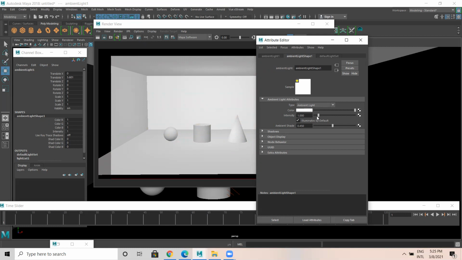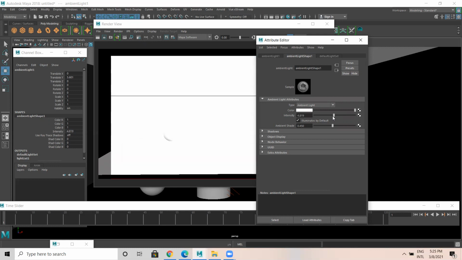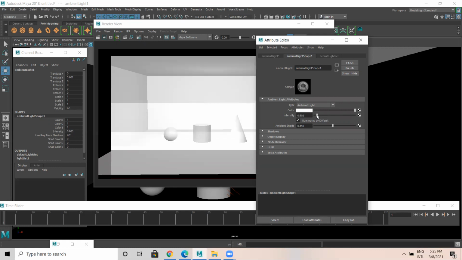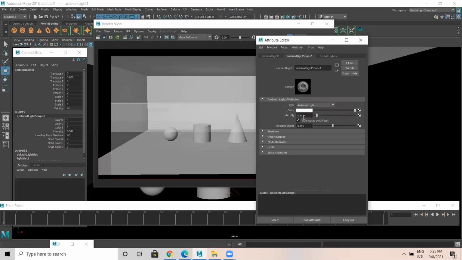Normally you might have seen at your home a 40-watt bulb or a 60-watt bulb or 100-watt bulb. That wattage differs the amount of brightness. Similarly, when I increase the intensity, the brightness is more. As I decrease it, it is less. So this is ambient light.